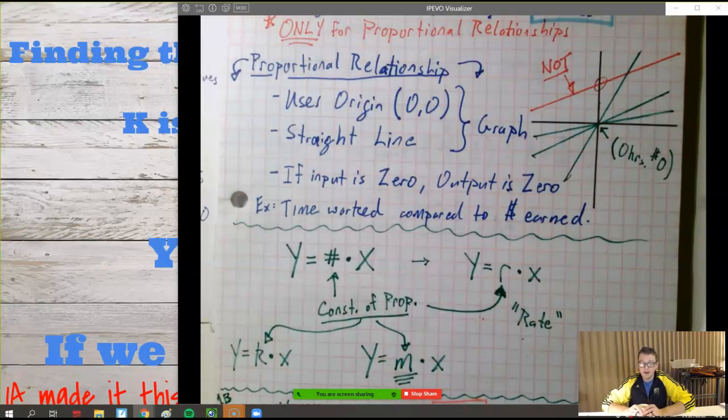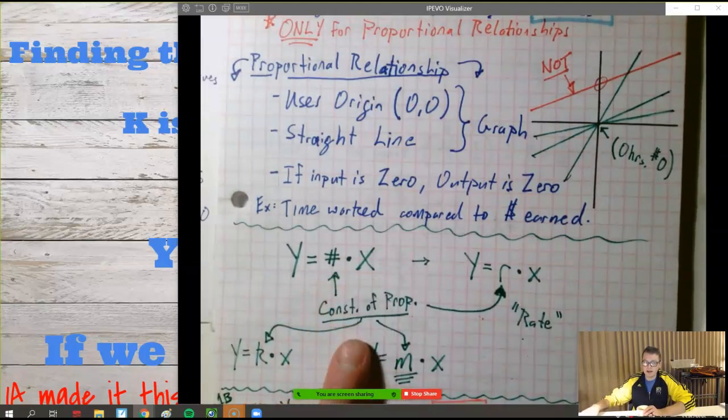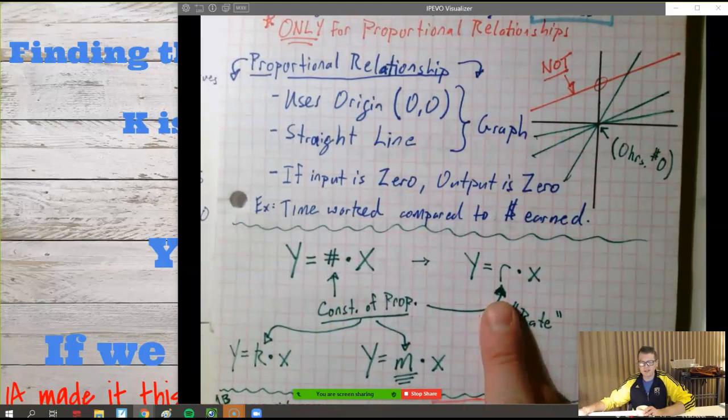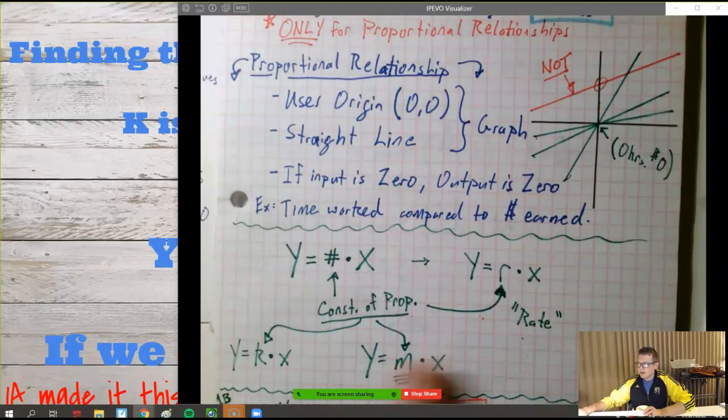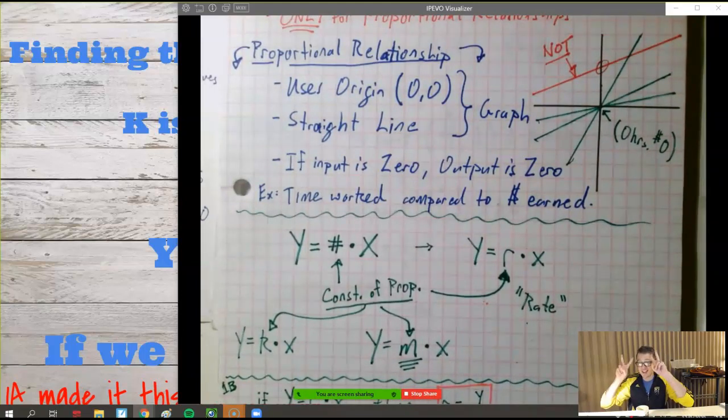You don't have to write that down right now. But what I have written in green right here, whatever number is multiplied by your x, that's the constant of proportionality. Some websites will call it r. That's what Khan likes to call it, because we're really talking about rates. Some websites like to call it M. That's how I learned it. Back when I was in college, they were calling it K for the constant of proportionality.